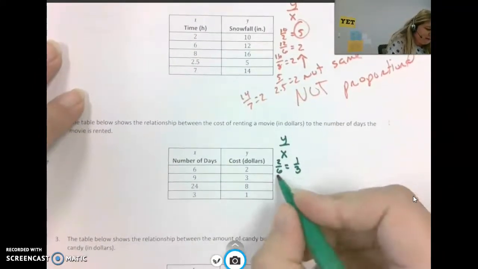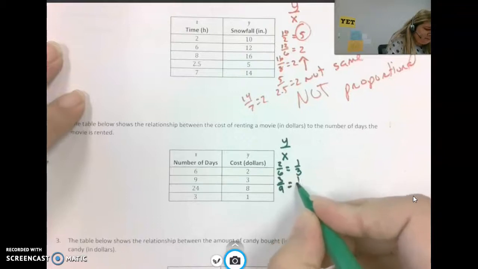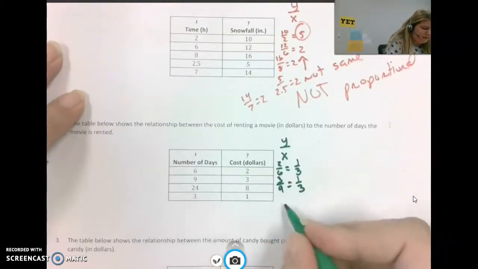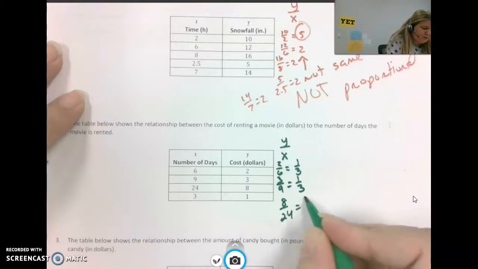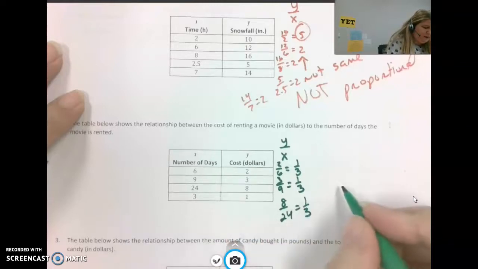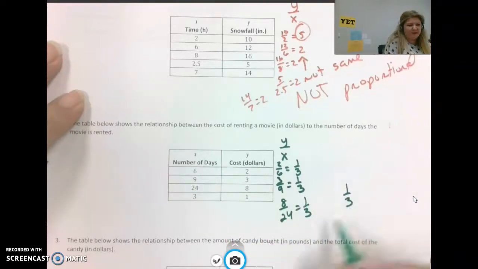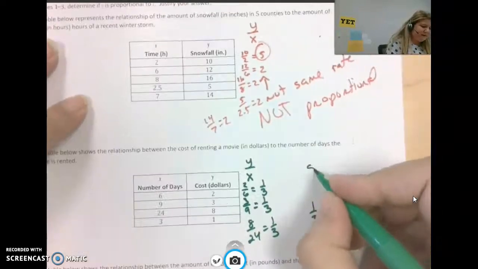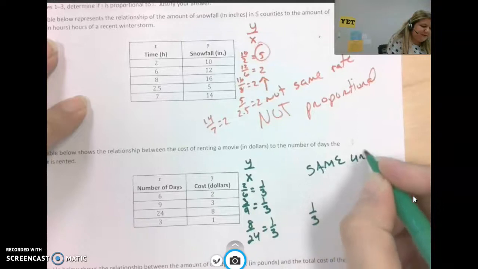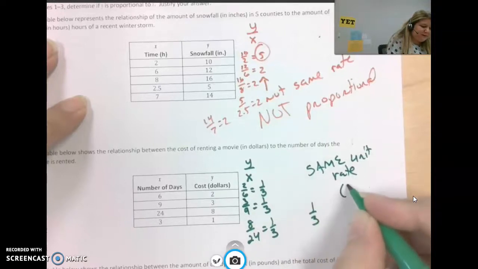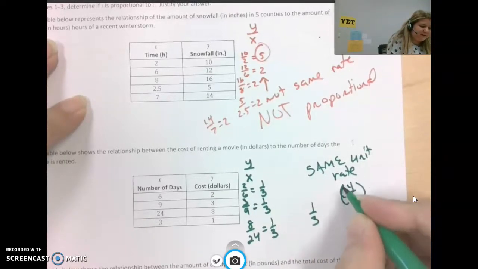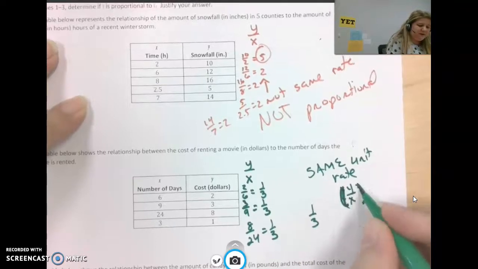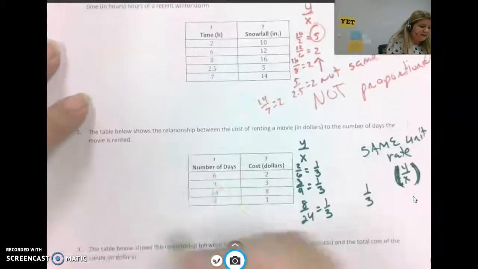Okay, 3/9, which is 1/3. 8/24, which is 1/3. And then 1/3, well, that's 1/3 already. So these are all the same. So I'm going to make a note that they have the same unit rate. That's the y divided by the x. Ugh, that got a little messy. Which means that this is, yes,